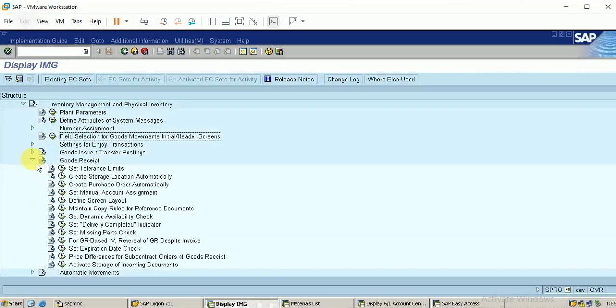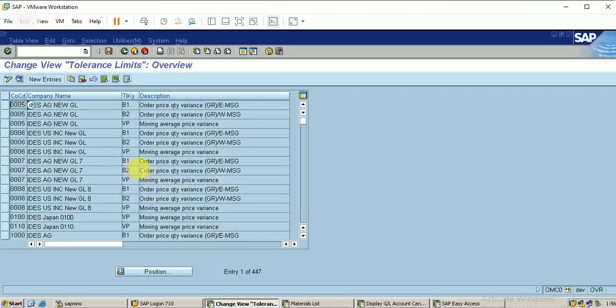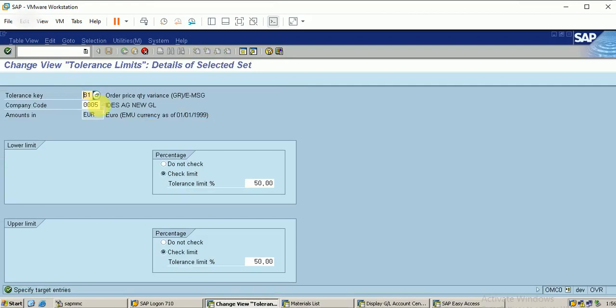Then go to the goods receipts. So this is important. Set tolerance limit. I have to make these tolerance limits. Okay, these are the three tolerance limits. Okay, I'll just select these things, copy it. Let me change the company code.